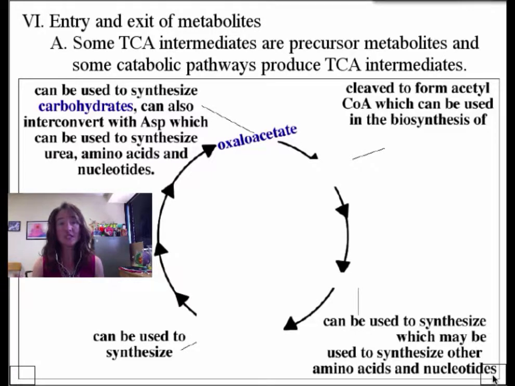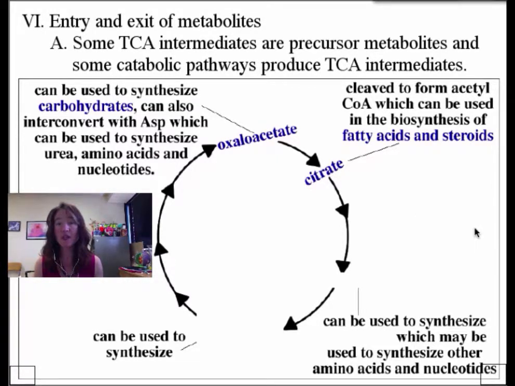Also, it can be used to synthesize certain amino acids, such as aspartate. So it is a good Lego with regards to that, and sometimes it is siphoned off of the TCA cycle for its work as a building block. Citrate can also be used as a building block, and we can understand that better when we think about the fact that citrate, when it goes backwards to oxaloacetate, of course gives off the acetyl-CoA again. So if we think about this kind of reversing engines sort of strategy for anabolism, the building block of fats and lipids is acetyl-CoA, and so citrate, we can think of that as being used in fatty acid and steroid